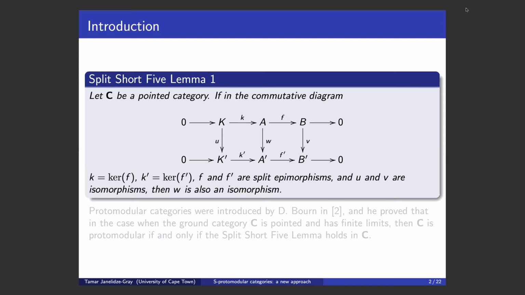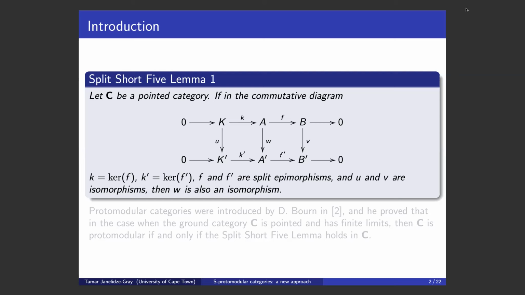Now, this condition actually goes back to the 1950s when Mac Lane wrote a paper, Duality for Groups, and he tried to give a list of axioms that would capture the properties of groups and algebras in general. And in fact, in that paper, he mentions the extension isomorphism theorem, which actually is essentially the same as the non-split version of this short five lemma.